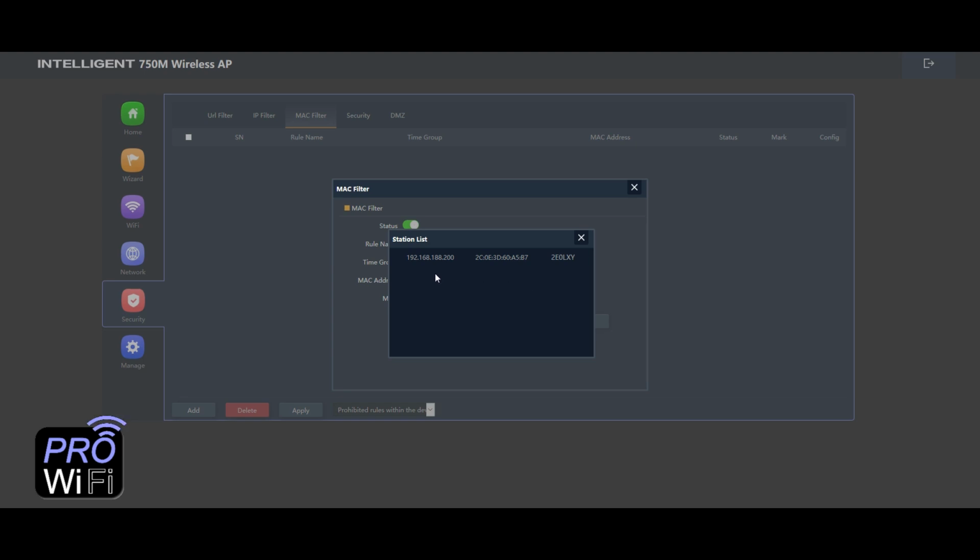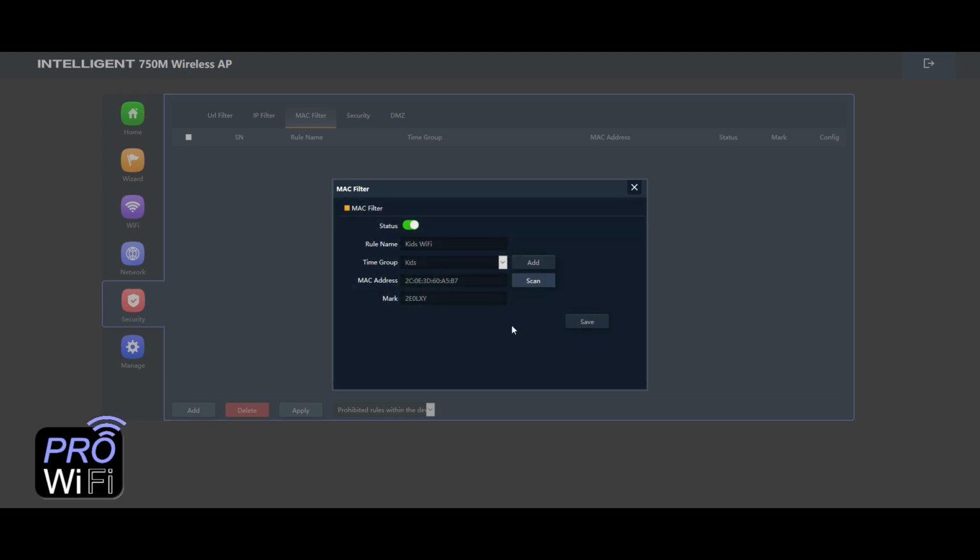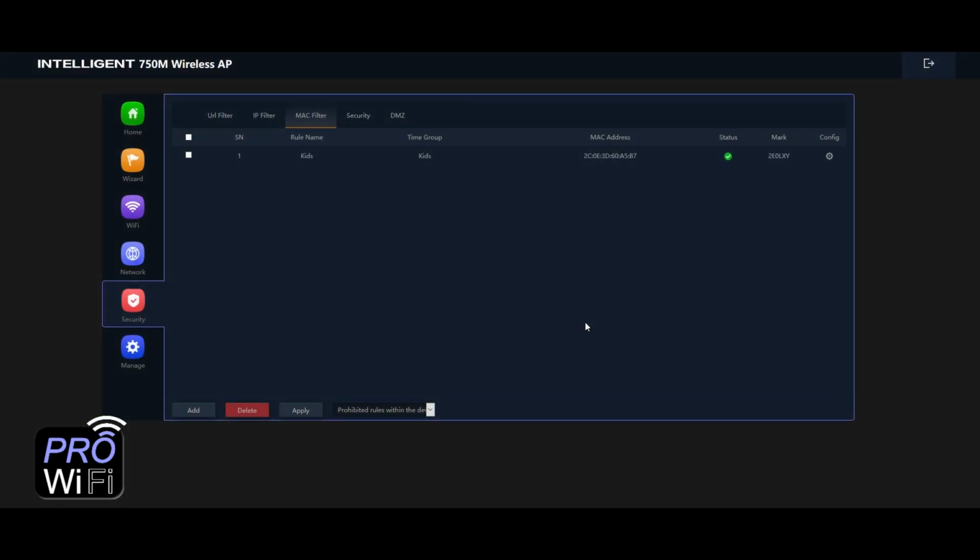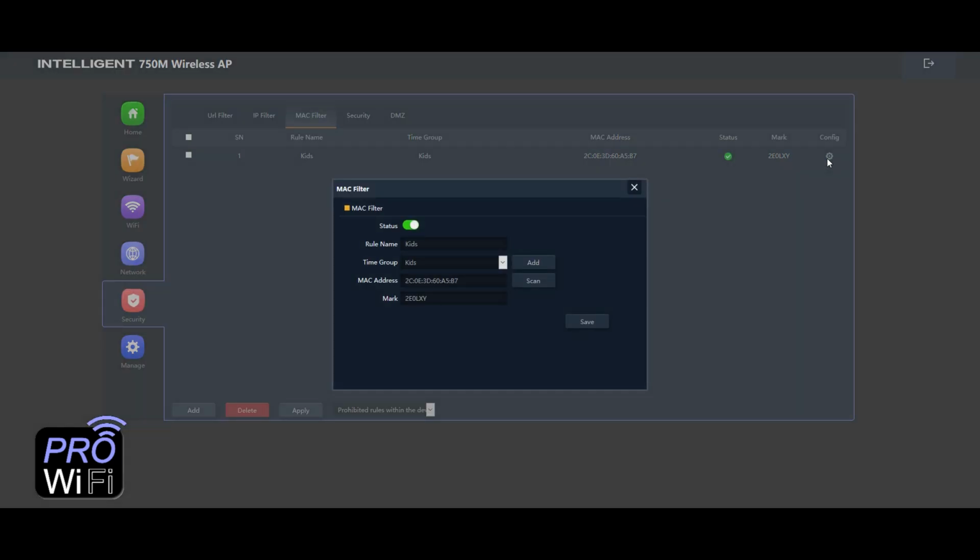And there we go, that's me. That's me on my phone. So that's the IP address that I'm allocated at the minute, and the MAC address of my phone, and that's just the name that I've given to my phone. That's my call sign. There we go. So that's the name, that's the MAC address. We're ready for adding that. There we go. I am now in the blocked list on my phone, and again, if you make any errors there, you can click the cog, go back into it, switch it on and off as needed,